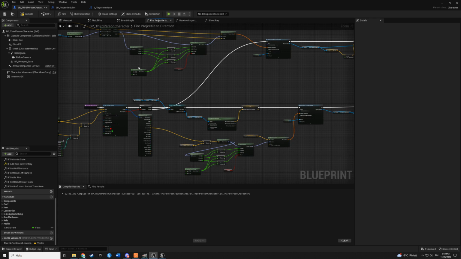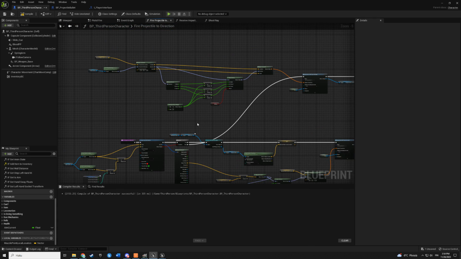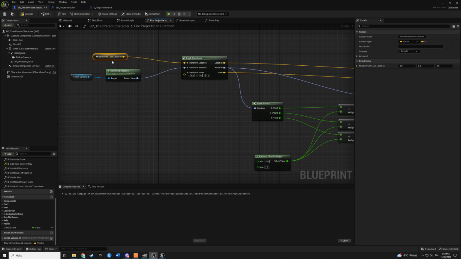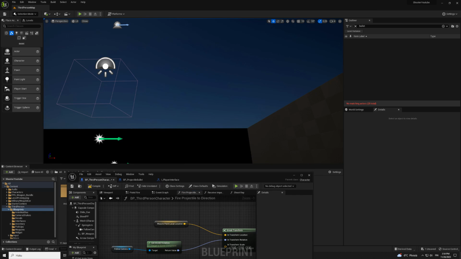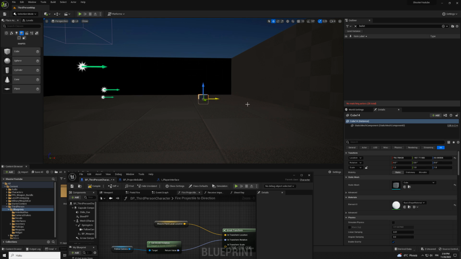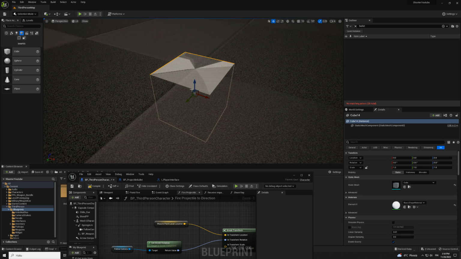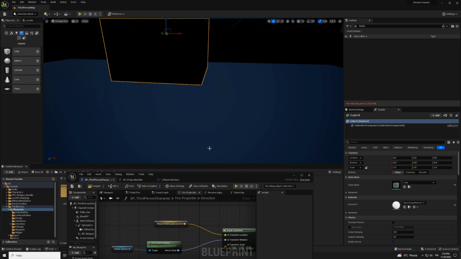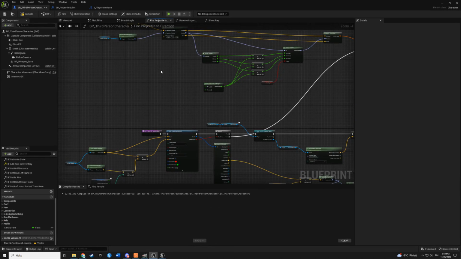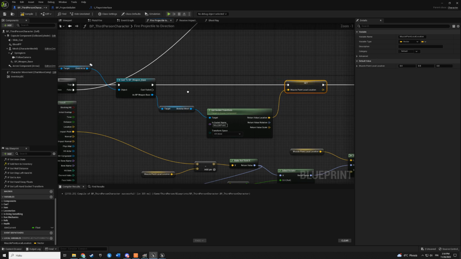So I found the reason, and it is because this muzzle point location is 000 world location. And where is that? It's here. So all bullets are spawning here. And that's the problem, because we set it here.